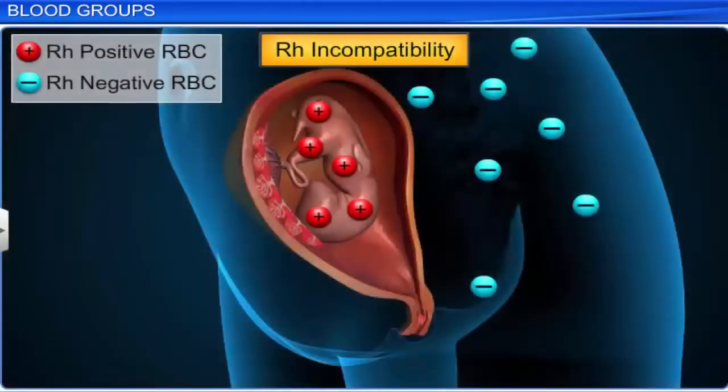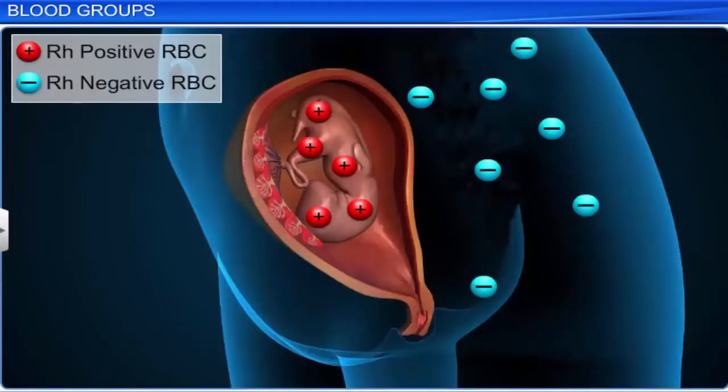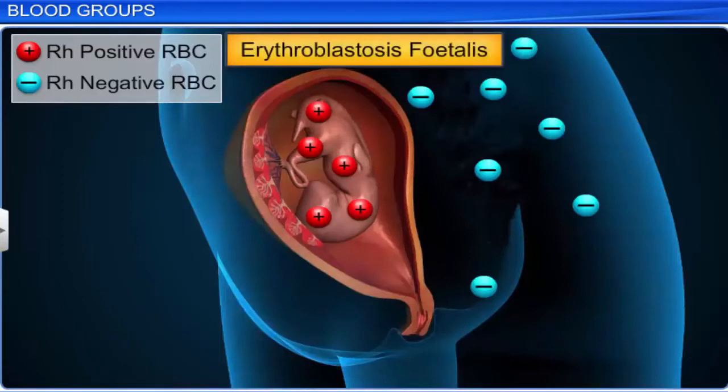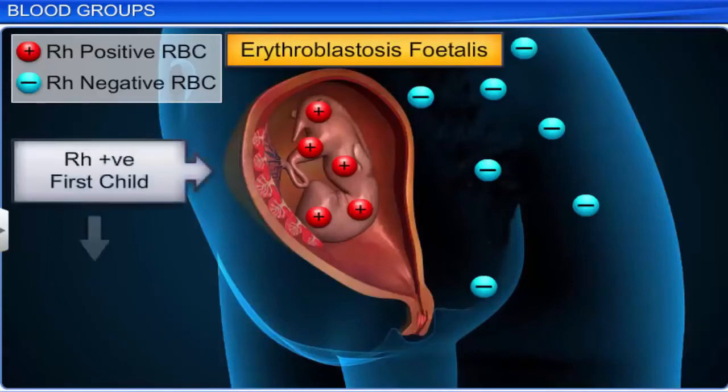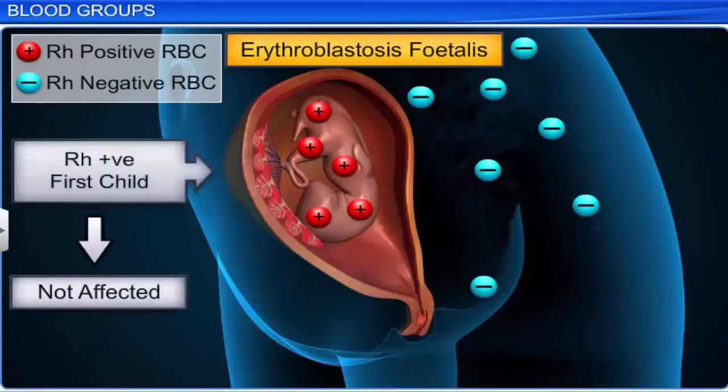An example of such incompatibility takes place in an Rh negative woman carrying an Rh positive fetus. In such cases, the Rh incompatibility results in a condition called erythroblastosis fetalis. In most cases, the first child will not get affected because the blood of the mother and child are well